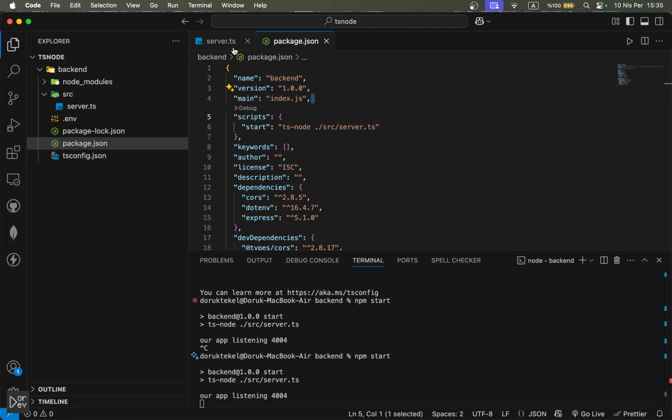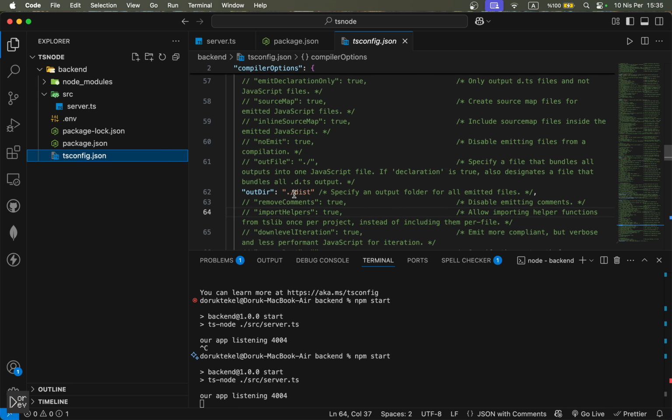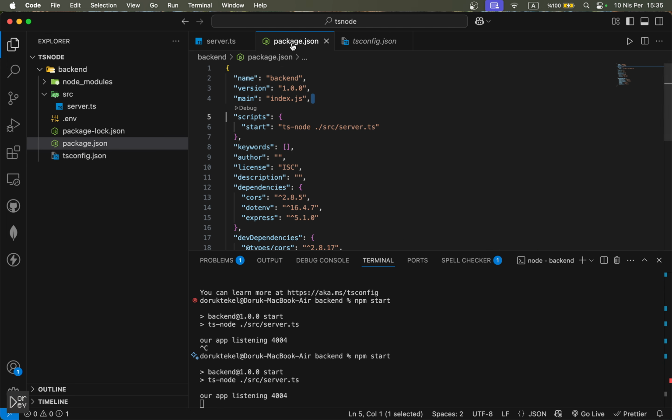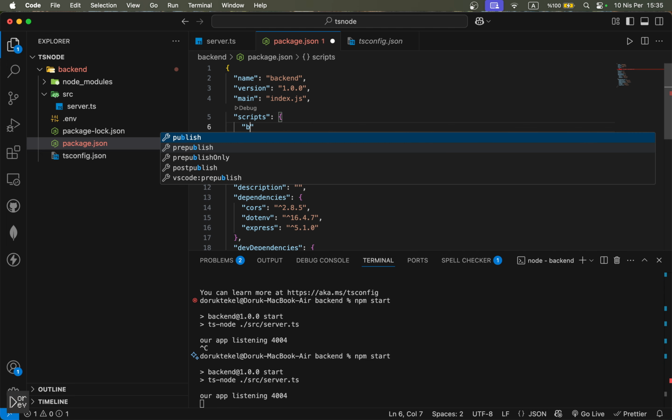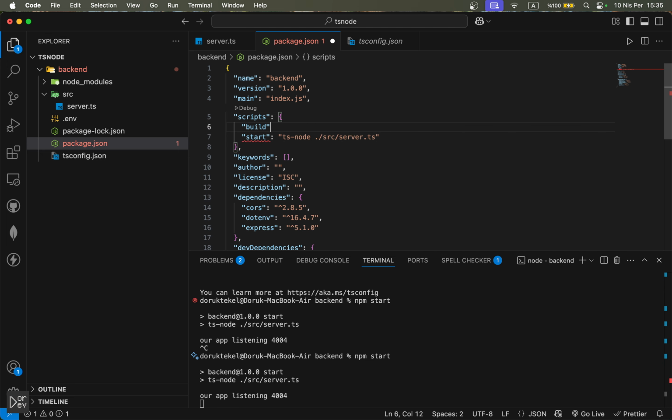Okay, and don't forget, we have to create the out directory, slash dist. What does this mean? Actually, when you're gonna build this application, you have to see the TypeScript config. Okay,